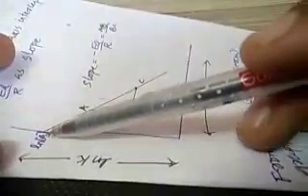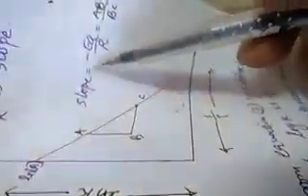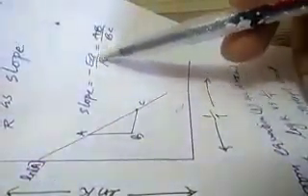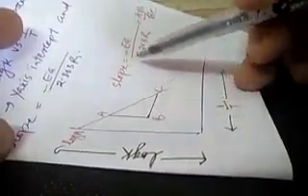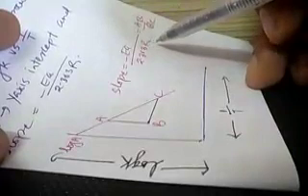So here you can see that for equation number 2, I have plotted a graph of ln K versus 1 upon T. Here ln A is the y-axis intercept and the slope AB by BC is equal to minus Ea upon R. Same way for equation number 3, if I plot a graph of log K versus 1 by T, I will get a straight line. The y-axis intercept is log A and the slope is equal to minus Ea upon 2.303 R.